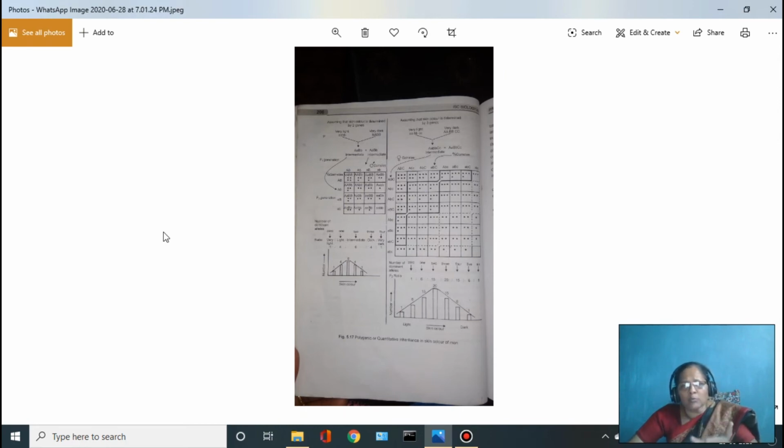So, two or three or more genes are involved in the development of a character. That is called quantitative inheritance. So, intermediate progenies are getting intermediate types. The skin color of man is the best example for polygenic inheritance. Height of man, mental capacity, height of the plant, yield of the plant, all these are examples for polygenic inheritance.